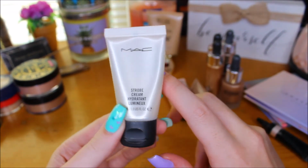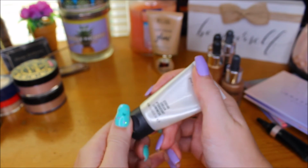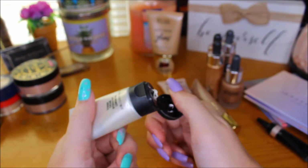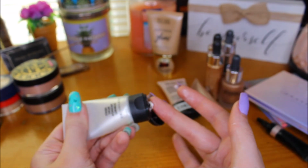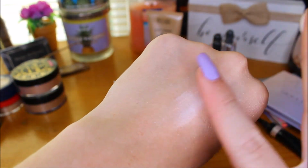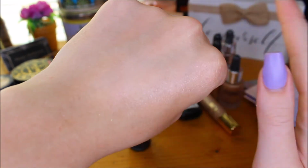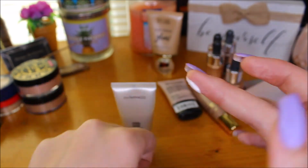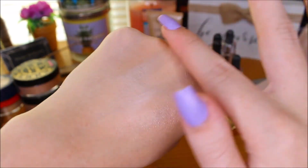This is the Strobe Cream by MAC. I actually really like this. I haven't worn it very much because it was expensive, but also, it's pretty cool toned, wasn't it? I haven't used this in a long time. Oh, that's pretty. Maybe I should start. Oh, I hate how I squeeze that much out. Anyway,